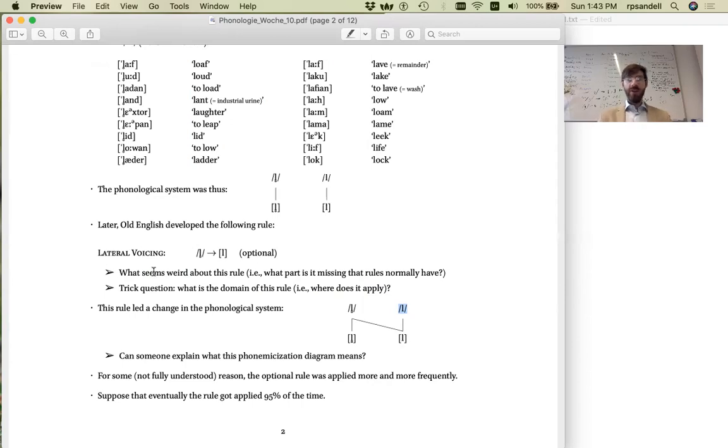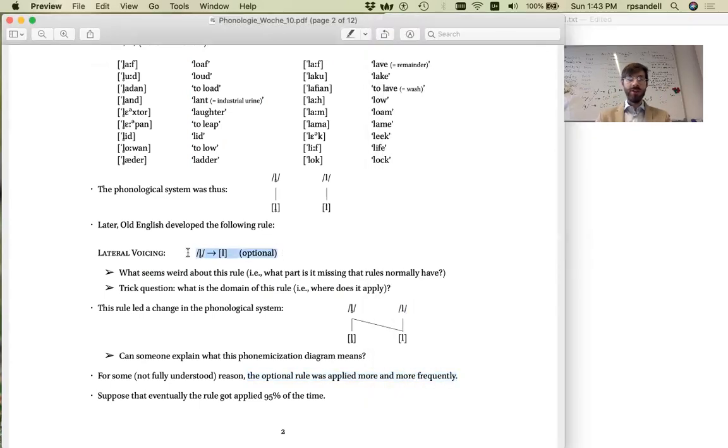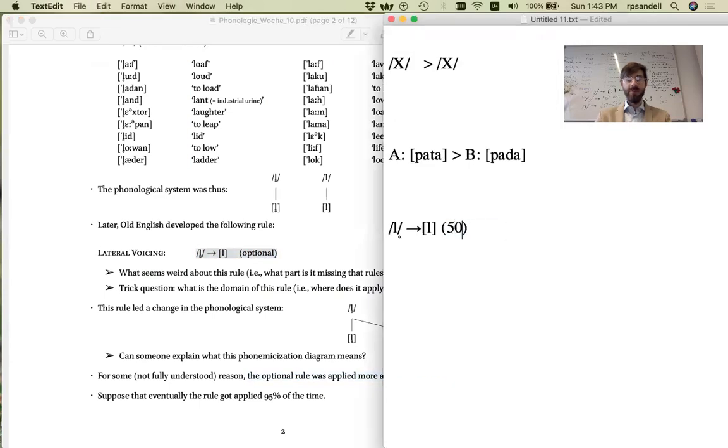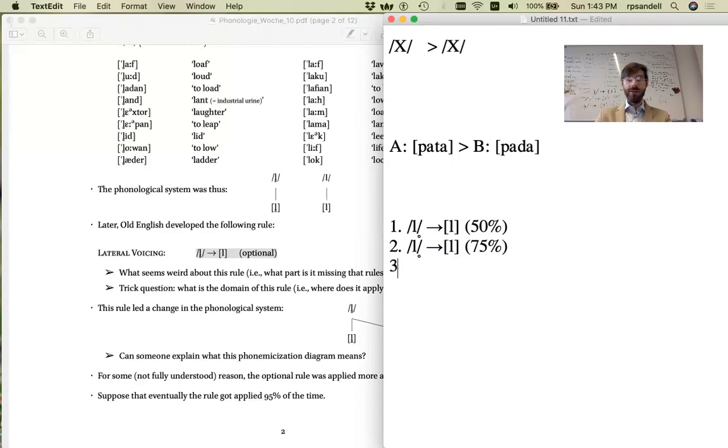Now, this is where the connection to variation comes into play. Specifically, we could imagine that the rule, the optional rule, came to be applied more and more frequently. So let's imagine that optional here initially means that the rule was applied 50% of the time. And in a subsequent stage, the rule was acquired such that it would be applied more frequently. And in the third generation of speakers, most speakers came to acquire the rule as having a very high rate of application, such that